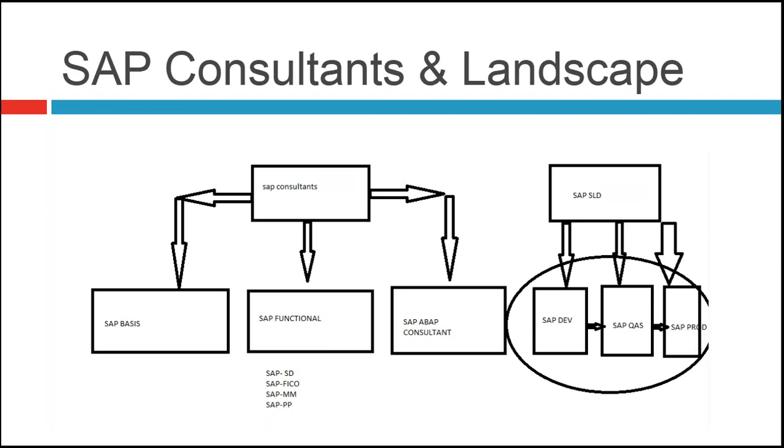So there are different types of SAP functional consultants like SAP SD, SAP FICO, SAP MM, and SAP PP consultants. Once the requirement comes and the data has been configured, we need to develop the front-end application, which is developed by the SAP ABAP consultant. ABAP is nothing but Advanced Business Application Programming for database. Now, not only is ABAP going to write the code, they have to know where exactly their role will come into the picture.